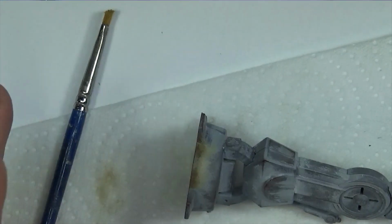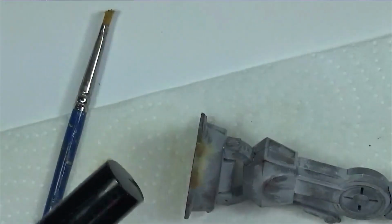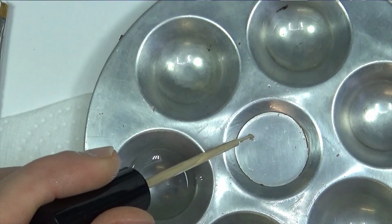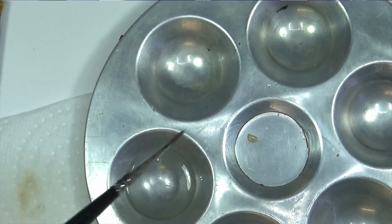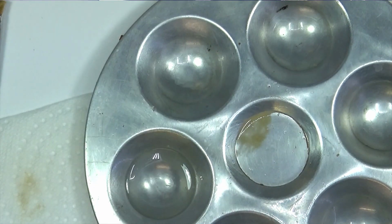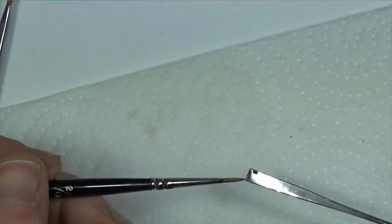Okay. Once I feel satisfied with this, I can add some speckles, some mud splatters. I will use the dust color first. Using my palette, this time I will use the oil brush and add a very small amount of paint on the palette, just like this. And then I'm going to take some thinner, mix it with the paint, and get a milky consistency. And I will use my little tool to mix the paints, and I will make some tries on my paper towel. So like this,